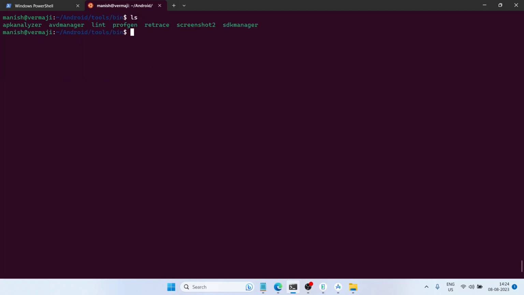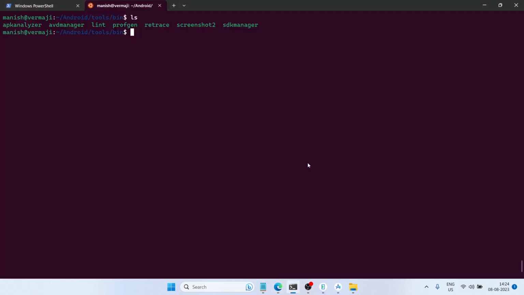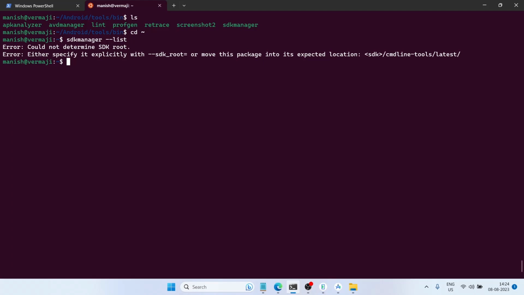So we can see that this hdk manager command is here, and just now what we set up in our path is that the folder bin. So right now, if I go to my home folder and type this command, HDK manager list, if my environment variable has been set correctly, the system should be able to identify this HDK manager, and it should give the result of the list. Okay, now it says that could not determine HDK root, either specify it explicitly with HDK root or move this package